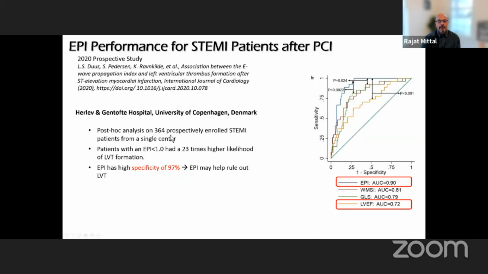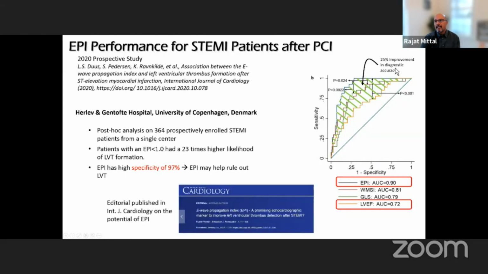And what they did was, in this large study, they compared EPI, which is what we had come up with, and the left ventricular ejection fraction. And again, just to point out, this is what is called the receiver operator characteristic curve. This is used to understand the accuracy of a diagnostic procedure. And basically, what is shown is that EPI actually improves the diagnostic accuracy by over 25% over existing methods of